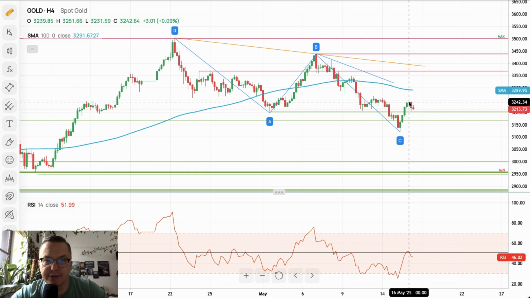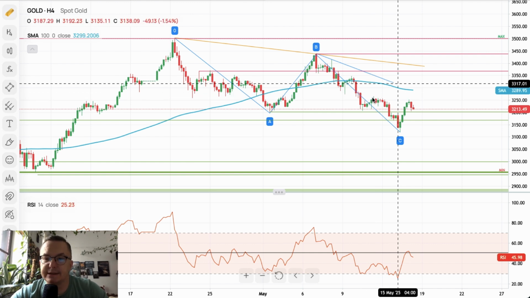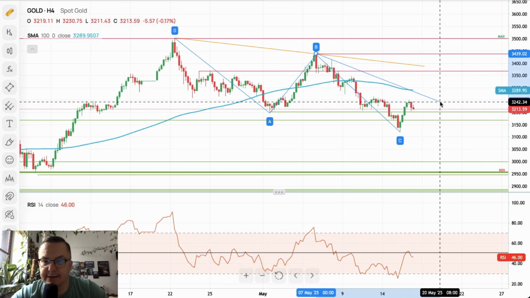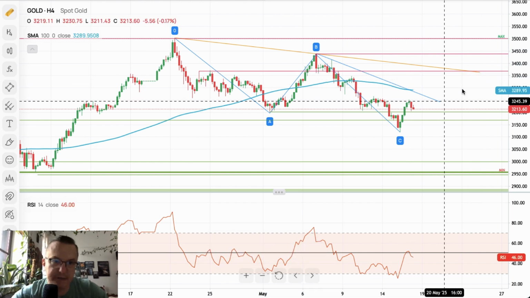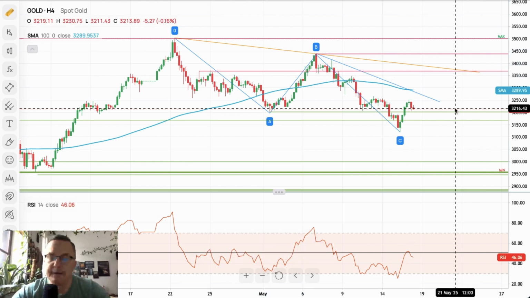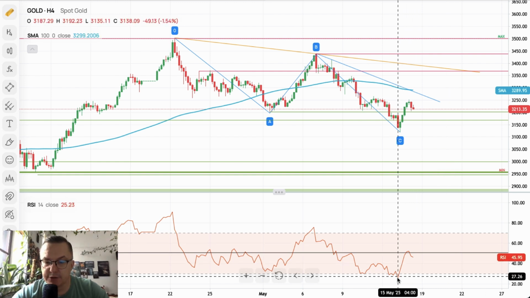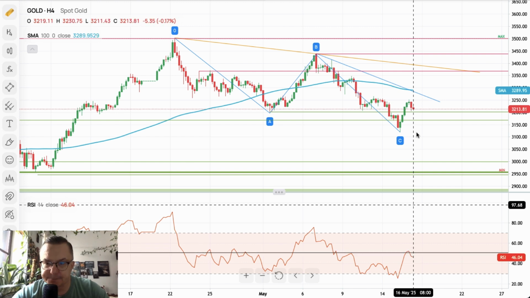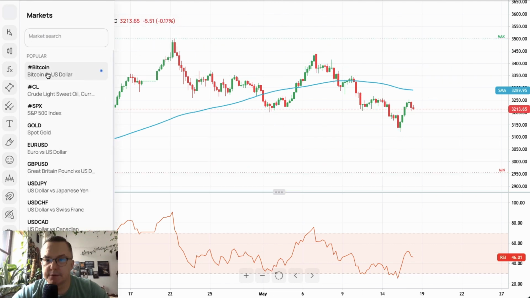Locally we went towards 3,251, but we need to break above 3,265, then test the 100 periods moving average 3,289, then test the short-term trend line, then test the longer-term trend line, I mean the longer perspective trend line. This is still the 4-hour time frame chart, and then the market is ready to move higher. For now, we bounced from the extremely oversold conditions towards the level of 50 on the RSI, and now we're staying here, as you can see, waiting for a trigger to move higher. Please notice the ABC correction might be completed for gold.